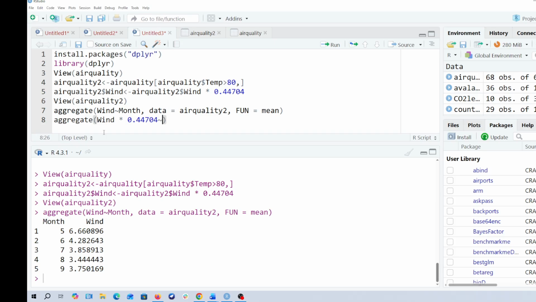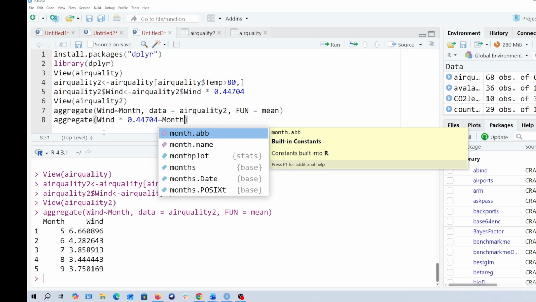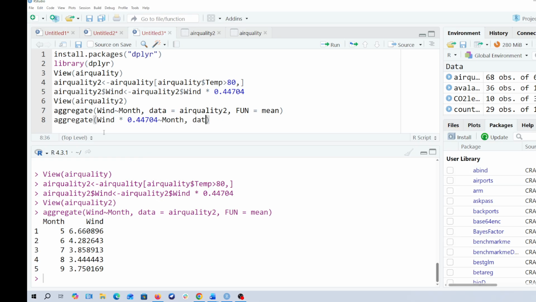0.44704, and then we do theta. We run it by month, and then we are going to pass in the data. What we are going to be passing in here will be that subset that we already had, which is this line of code. So I can just copy this here and paste it in here, which is the line of code, and then